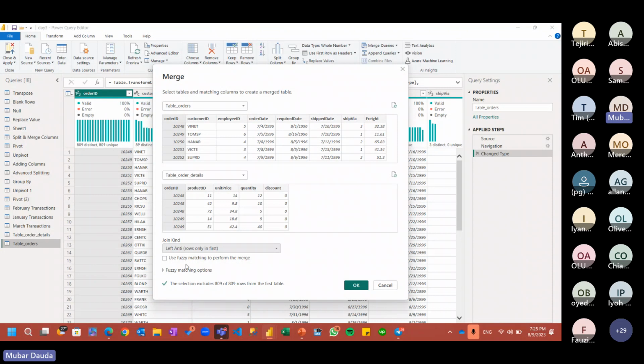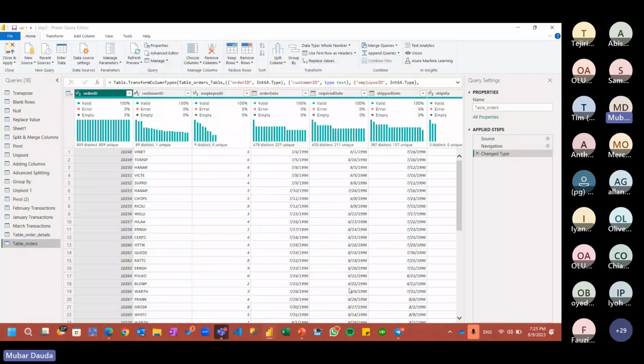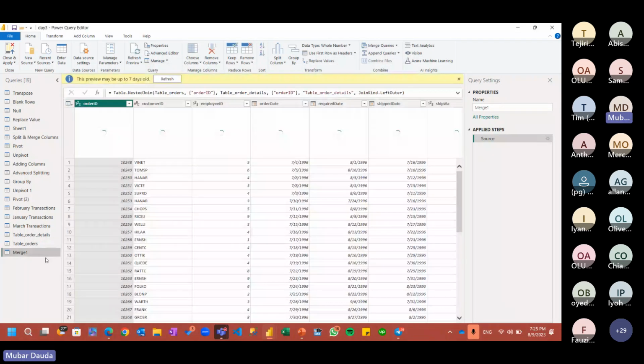So let's start from left anti. I will now explain one by one. So left outer, I will say, okay, you know what? For this, I will name this as left join. For this left join now, if you look at everything here, you will only find matching rows for this